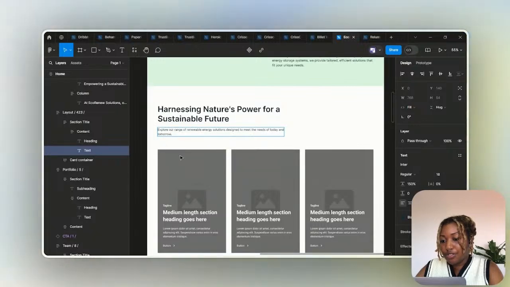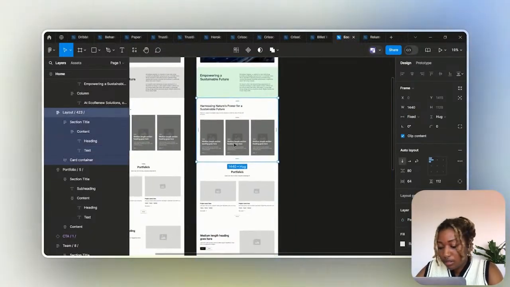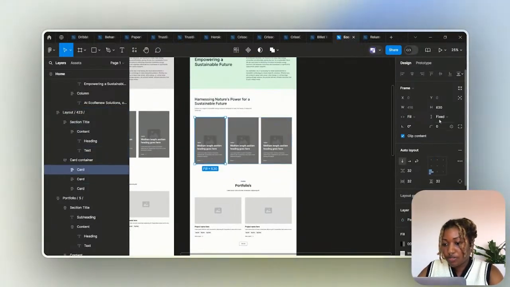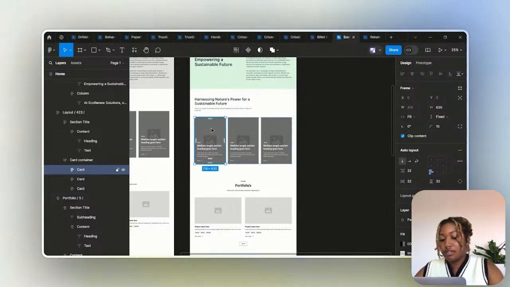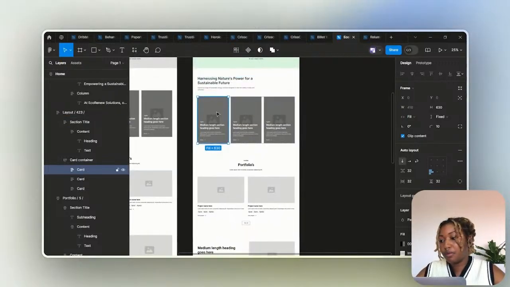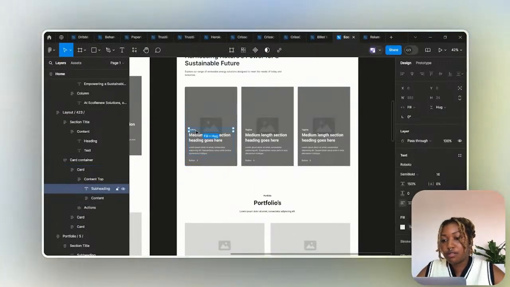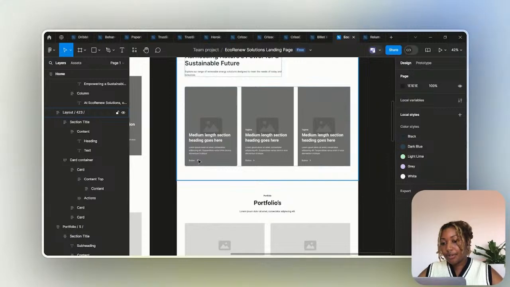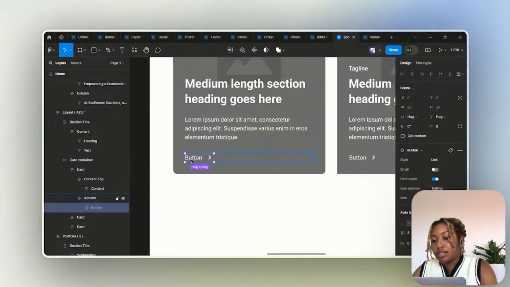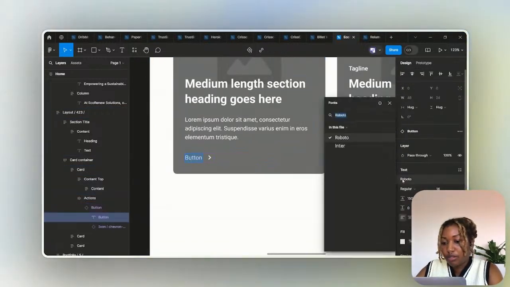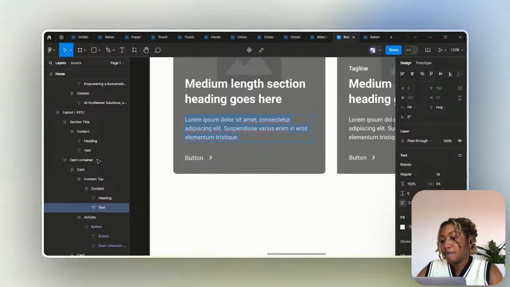Do not like that first sentence, so I'm just going to take that out. I think this one works just fine. And let's style these cards. Because we already started off with borders, 10 pixels, so we're just going to go on with that. We do not need the taglines. So what we're going to focus on